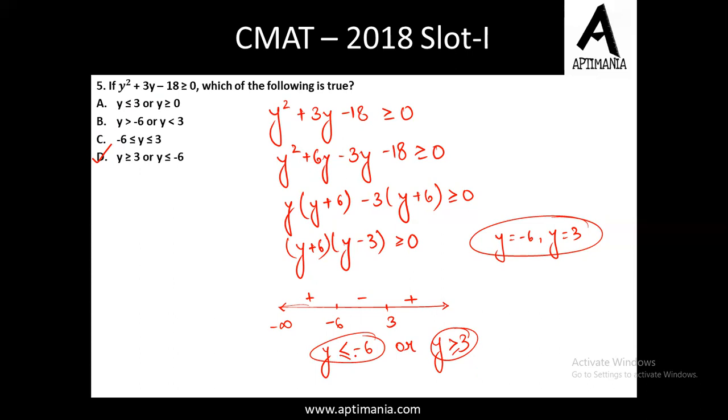So just to check the options, what we can do is assume any value in the given range. As we know that option 4 is the correct answer, we can assume a value in the given range and just check it, right? Okay, let's go ahead to the next question.